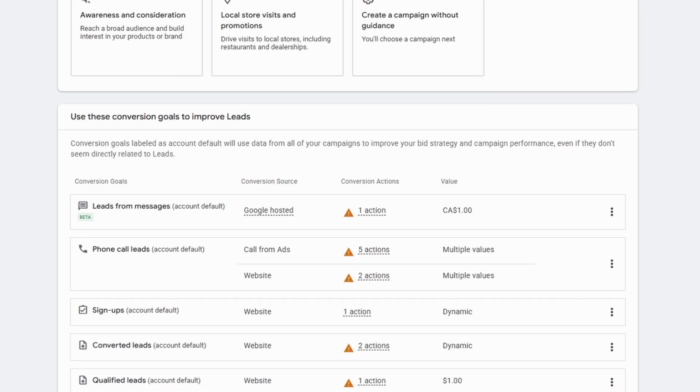Maybe Google's optimizing for lead magnet signups when you really wanted phone calls. Maybe it's chasing page actions you only wanted to observe. Maybe it's blending upper funnel and lower funnel conversions in the same campaign, and now your bidding is getting pulled in two different directions. The system that controls all of this is the conversion goals setup, and most people either